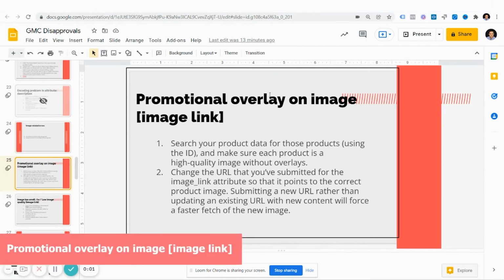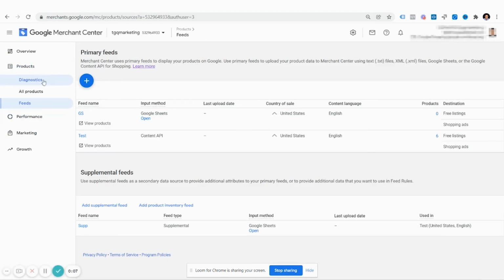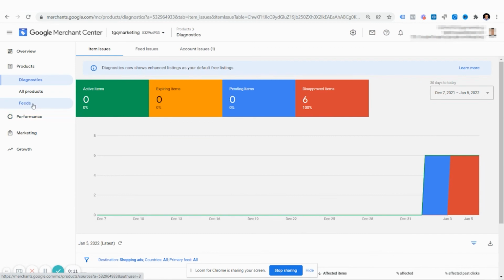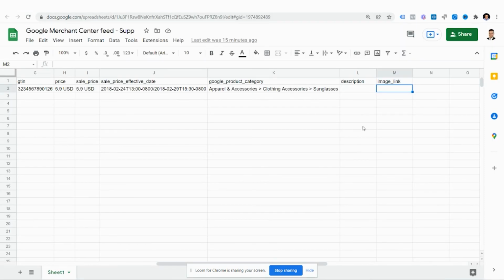All right, when you have a promotional overlay on image, the way you can fix this is a couple different ways. So you want to go to your Google Merchant Center account, go to products, diagnostics, and get the actual item ID that's being affected. And what you can do is go to feeds and open up a supplemental feed here,